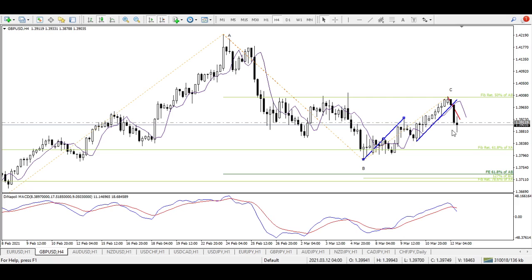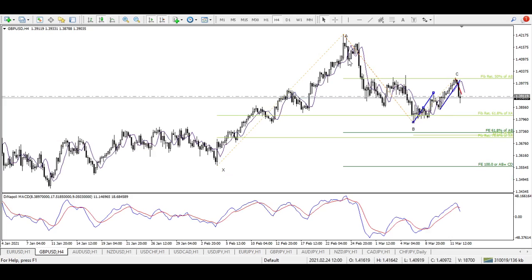Target can be determined in two or three ways. If we look at the bigger picture, the previous trend was an uptrend, and I have pointed this as X, because from X to A this was a very significant upward movement, and market fell down and almost broke this Fibonacci retracement 61.8% of XA here, but then it couldn't continue to the downside. So basically this entire consolidation was an indecision period when market was trying to go to the downside, but this was a sort of unsuccessful breakout. So market returned from Fibonacci retracement 61.8% of this previous move XA, and then it made an ABCD retracement to the upside, and then it's falling to the downside.